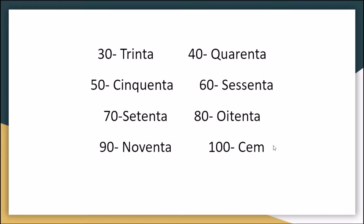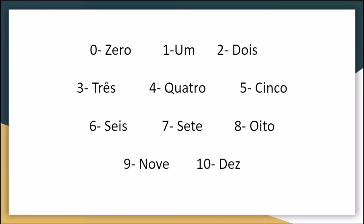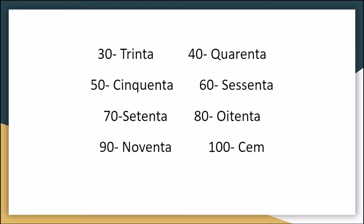Now I'll show you guys those numbers. But why will I show you those before like 21, 22, 23? Because 21, 22, 23, and 31, 32, and 81, they all follow the same formula. So if you know how to say those numbers, including 20, you will be able to say whatever number between them. So 30, 40, 50, 60,